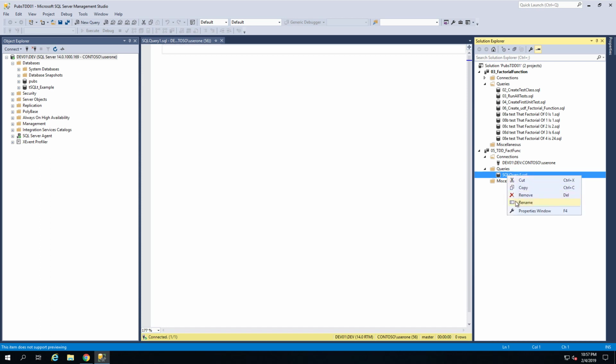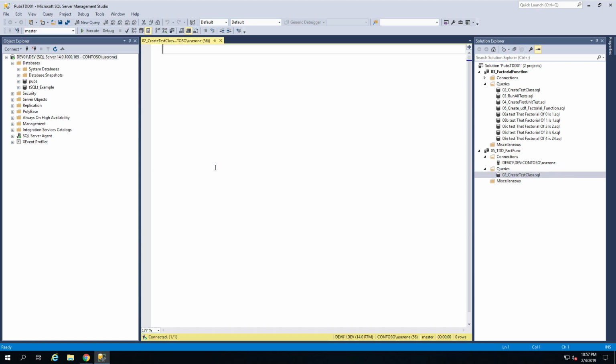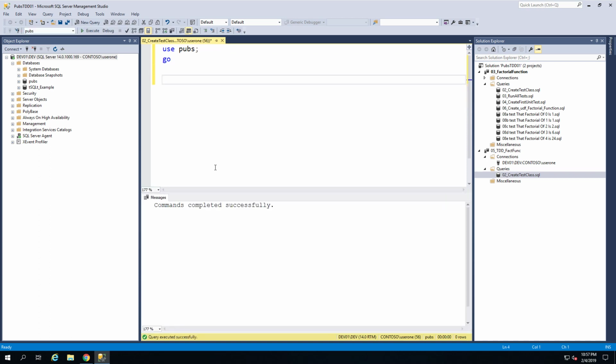As such, I will put in here 02 create test class. Then if I use pubs, the development database, F5, and then I will call a specific procedure from tSQLt which